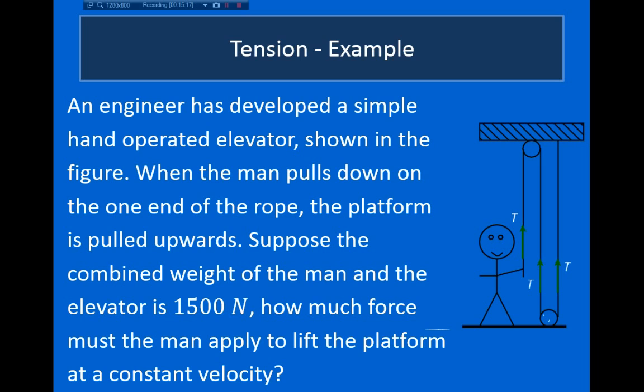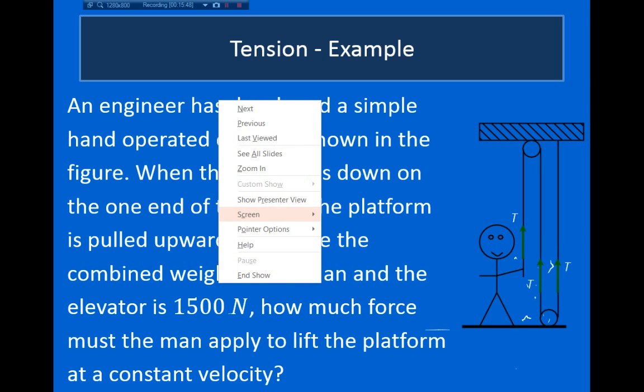So looking at this, you might say, well, he's got to pull up with his weight, 1,500 newtons. But that's not really true, right? Looking at this, we can see that there are three forces pulling up on this platform. The tension is applied at three different places. So actually, the total force applied to this whole platform is 3 times the tension. So the force that he has to apply to lift himself up is actually 1/3 of the total weight of this thing, right? Another way to see this,